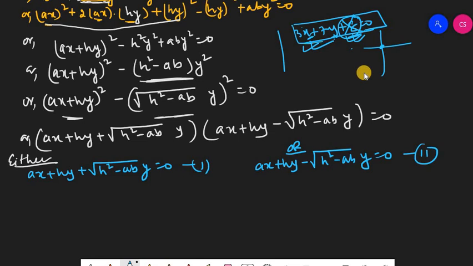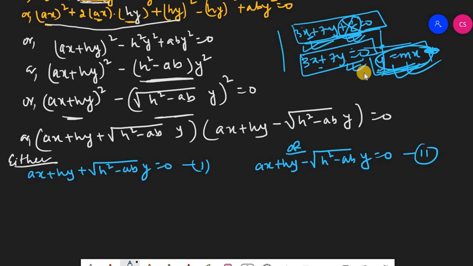So if this 3x plus 7y plus 8 equals to 0, if I write 3x plus 7y equals to 0, there is no constant term, only x and y. So clearly it means it passes through origin, because this can be converted into y equals to mx plus 0, that is y equals to mx form only. So y equals to mx form means it passes through origin. There is no constant term. Same like that, you see here only x and y coefficients are there. There is no constant term here, isn't it? Either in equation 1 or in equation 2. That means clearly they pass through origin.